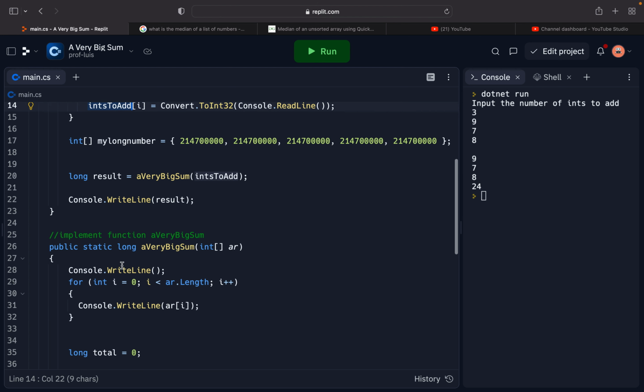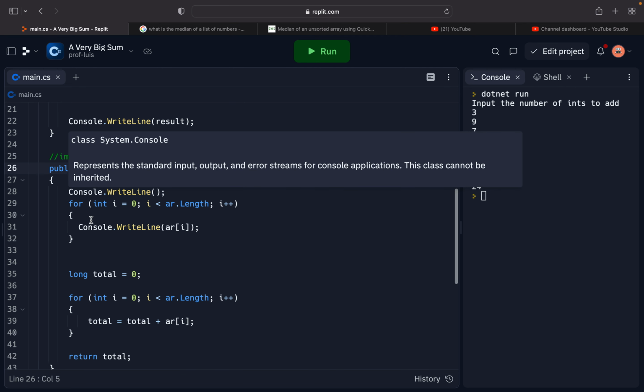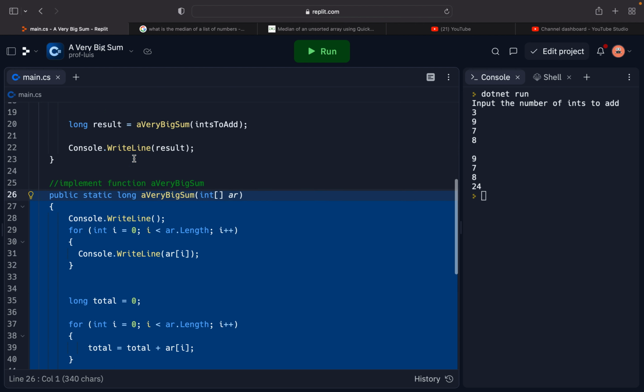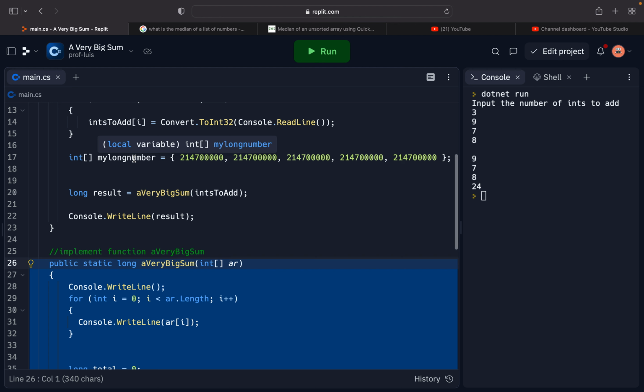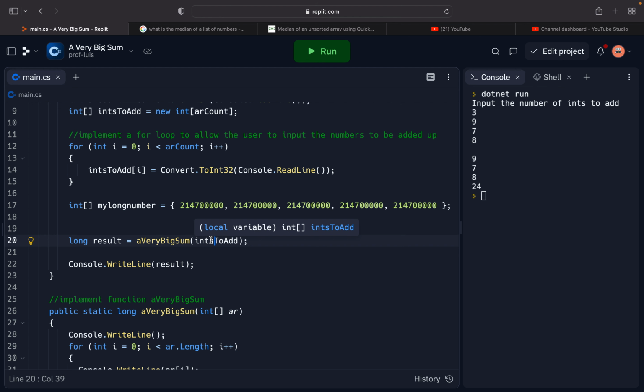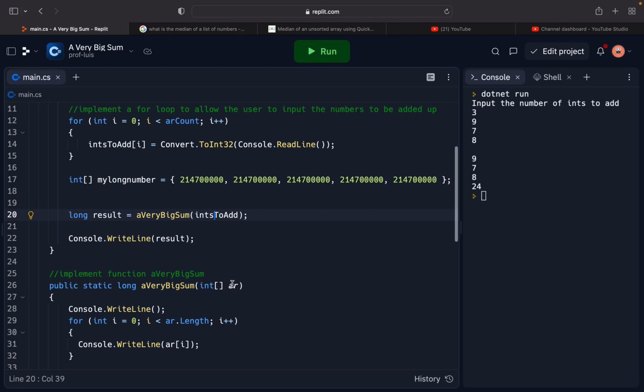And so this space between line 26 and line 43 is our elsewhere. What's happening is we're passing the array that the user defined as a parameter here. Inst2add is the parameter to our function, aVeryBigSum. And this parameter is defined here as part of the definition of the function in line 26. And so when we call aVeryBigSum with inst2add,